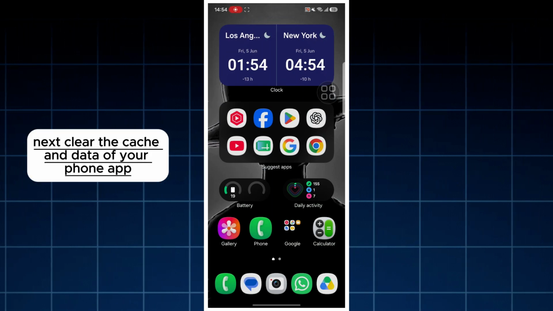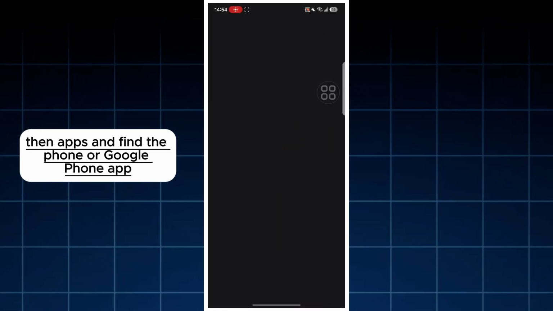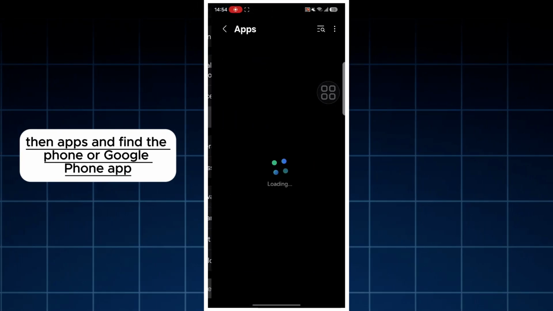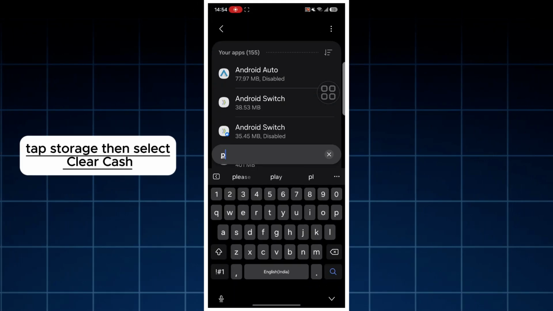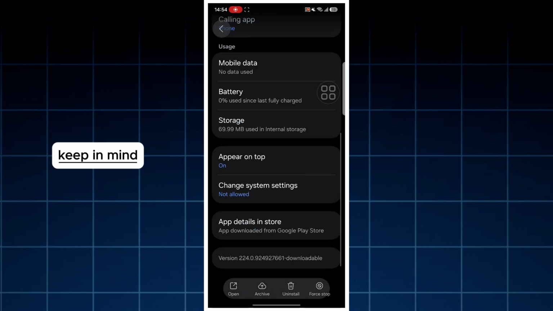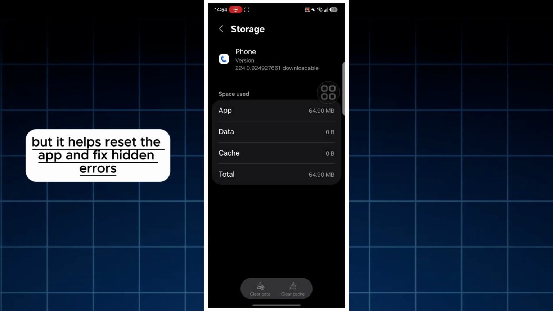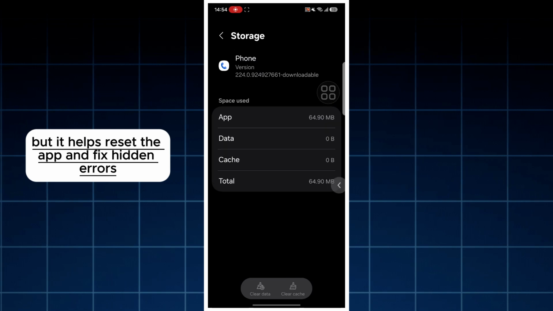Next, clear the cache and data of your phone app. Go to Settings, then Apps and find the phone or Google Phone app. Tap Storage, then select Clear Cache. If the problem continues, tap Clear Data as well. Keep in mind, this may remove call history on some devices, but it helps reset the app and fix hidden